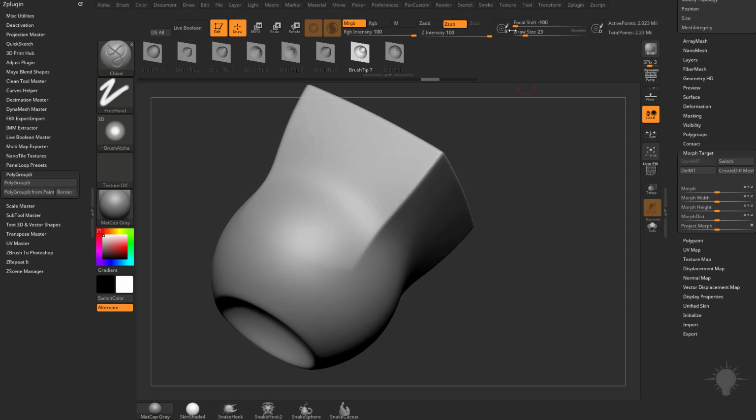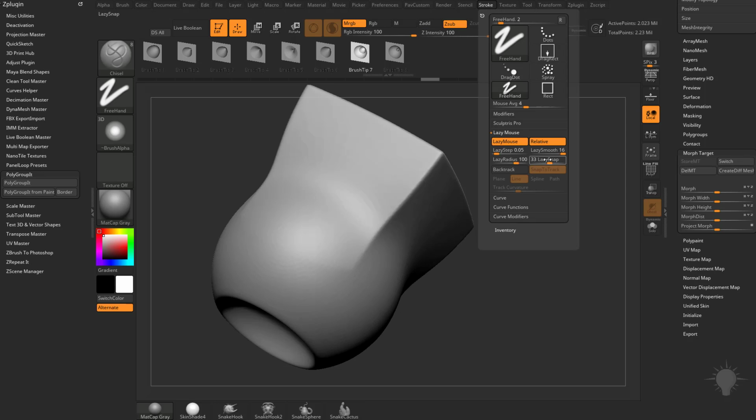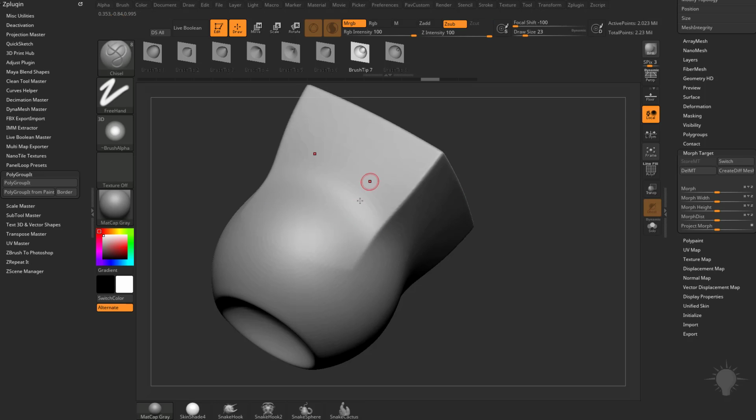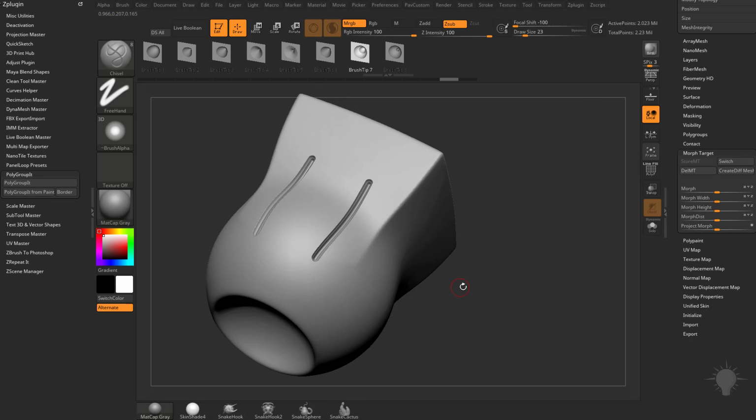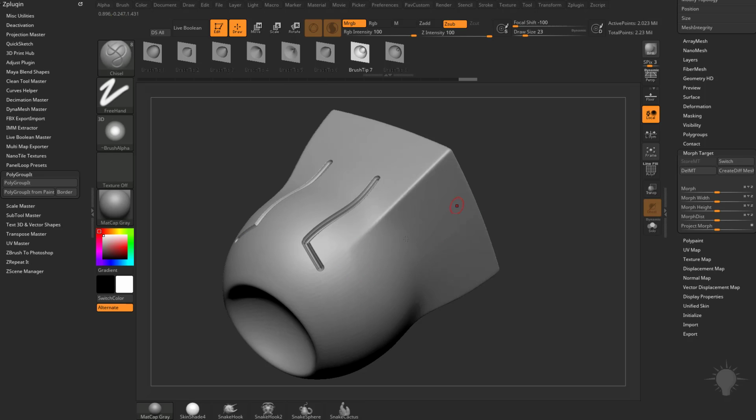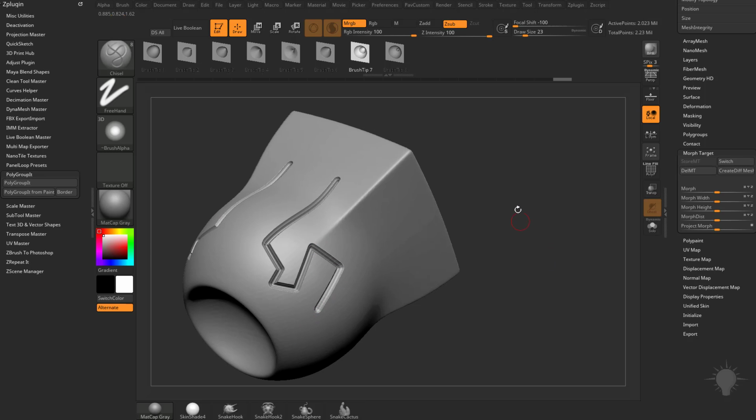Another feature of this brush is what I went through over before, the Stroke Lazy Snap. So when I start a stroke out here, and let's say I want to continue my stroke from this position, instead of having to get perfectly on that and then start from where I stopped, basically, I can just kind of get close and it'll automatically snap to that last point. You can see I'm not anywhere near that end point here, but if I start stroking, it'll snap over and find where I left off. So you can get nice strokes that way.